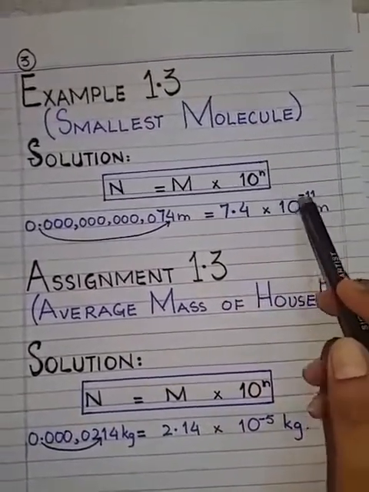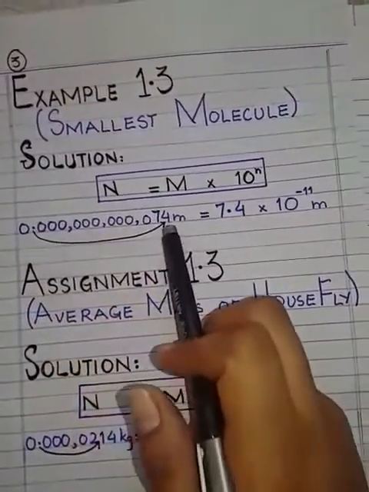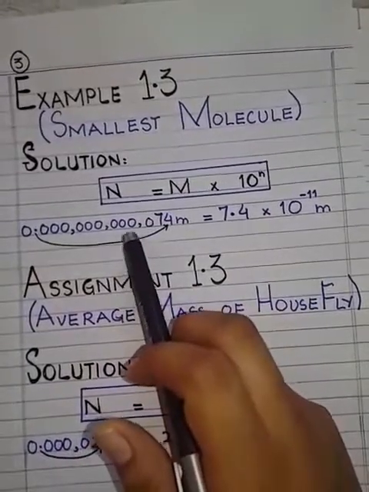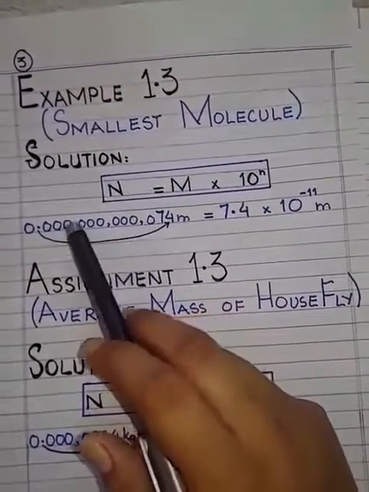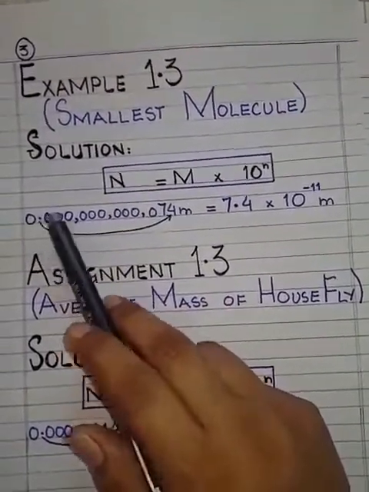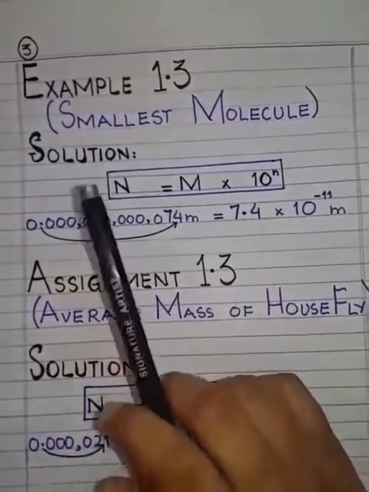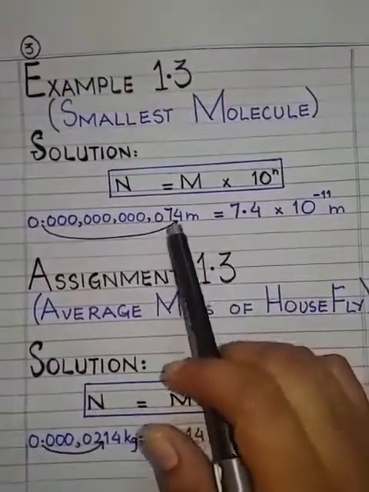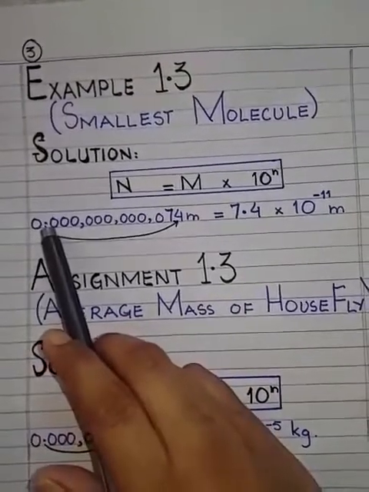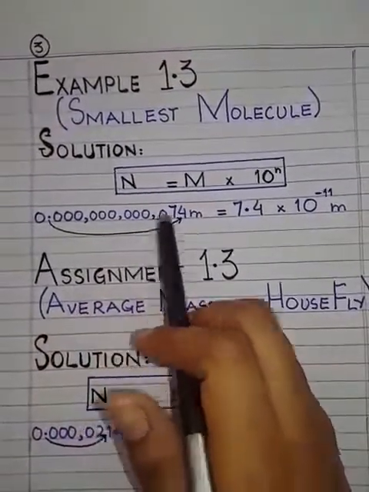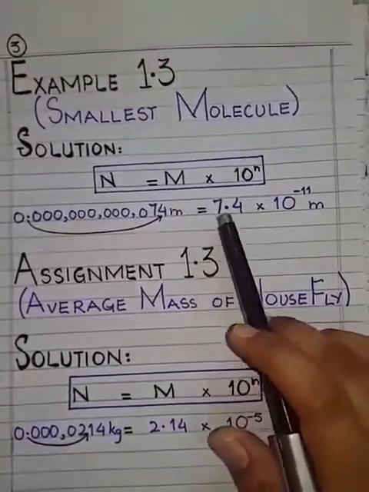Now again, the power of 10 depends on the number of digits present between the initial position of the decimal and the new position of the decimal. And girls, you can see that this value is a decimal fraction. The decimal is already given in this value. But this value is not in standard notation, because the rule of standard notation is that the decimal will always be placed after the first non-zero digit, but here the decimal is after the first zero digit. It means this one is not standard notation, this one is standard notation. So again the new notation is